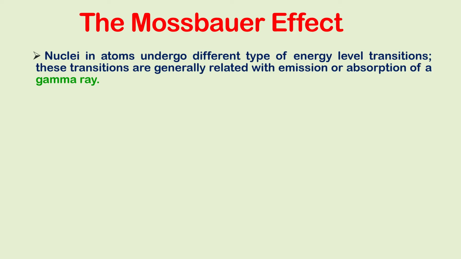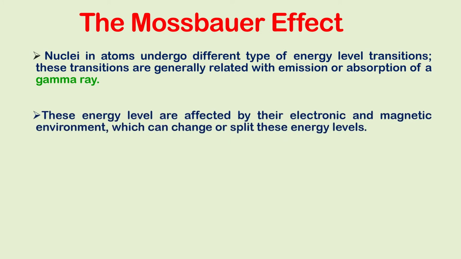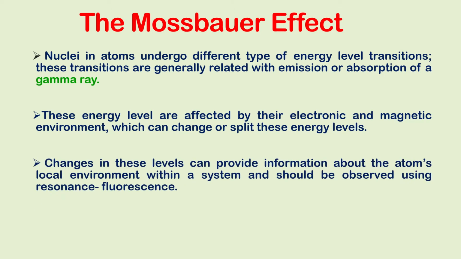Mossbauer spectroscopy is generated due to gamma rays. These energy levels are affected by their electronic as well as magnetic environment, which can change or split these energy levels. Changes in these levels can provide information about the atom's local environment within a system and should be observed using